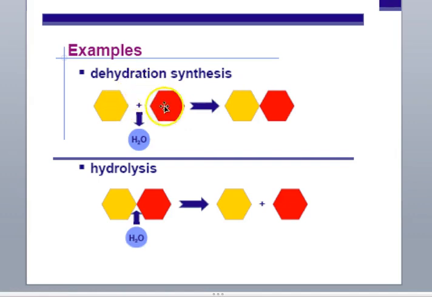If you want to build this bigger, when these two molecules come together to form a bond, they pop out a water molecule, because one is going to have an H sticking out over here, and one's going to have an OH sticking out over here. And when they come together, you end up with a polymer, and water is also a byproduct. So water leaves, and these two things come together. So this is when you're building things. This is an anabolic reaction.